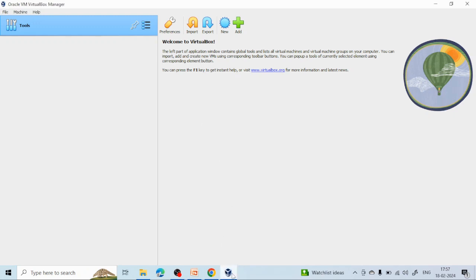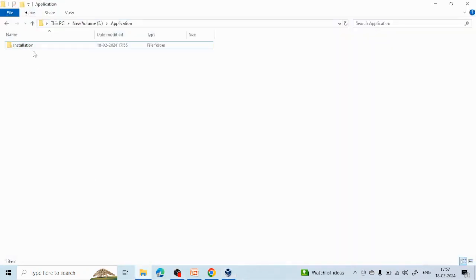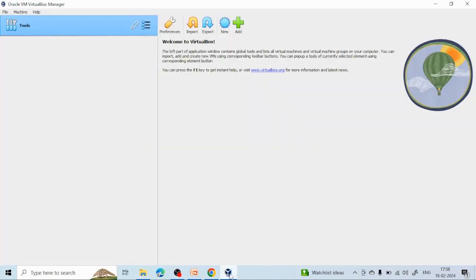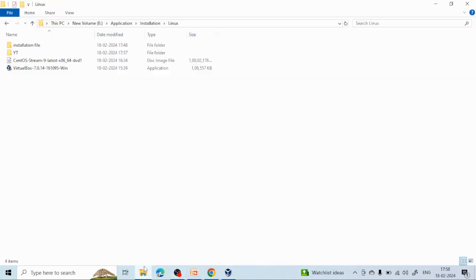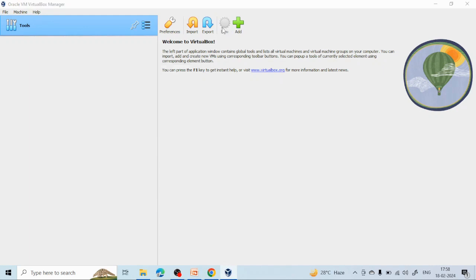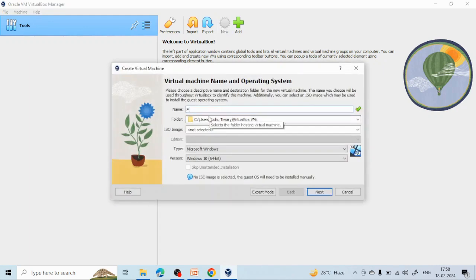We have also downloaded the ISO image. You can see here the ISO image, under the installation folder. Now let's create the virtual machine, and after that we are going to import the ISO image inside the virtual machine. So let's click on new and click on the first